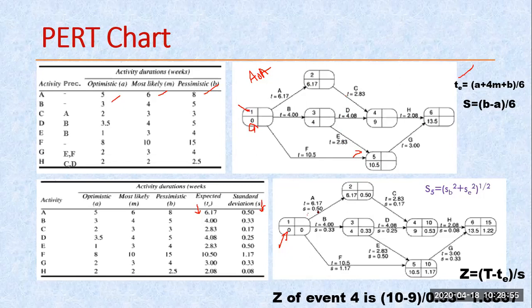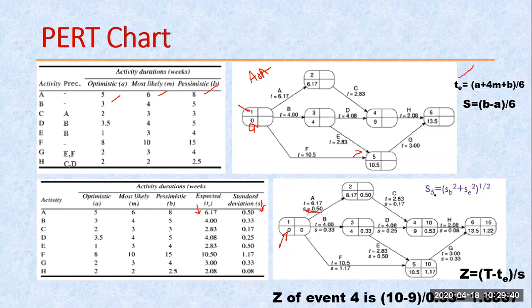Now how do I write this S value? This is a little bit difficult. Firstly, we do the same thing, 0 plus 0.5, so that becomes the same. Here you can see the same value is copied. But how did we copy this value? If you see this 0.53, if I sum it up, this is 0.50 and this is 0.17, so this becomes 0.67, but here we are writing 0.53. And if I sum up 0.33 and 0.25, which one do we have to copy here? If I calculate this now, this becomes 0.58.